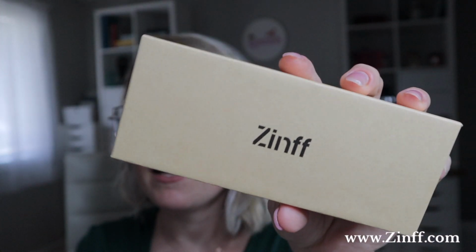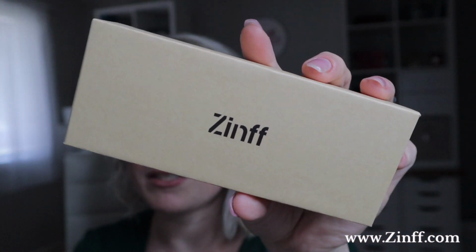I really like big glasses. I don't know why, it's just a thing. Anyways, this company called Zinff reached out to me. They must have seen you asking questions about my glasses, and they offered to send me two pairs. So I chose this one, I think they're cute, and I also chose some sunglasses. I have never ordered prescription lens sunglasses, but I'm so excited because that means it's going to make driving a breeze. And we have a pool here, so